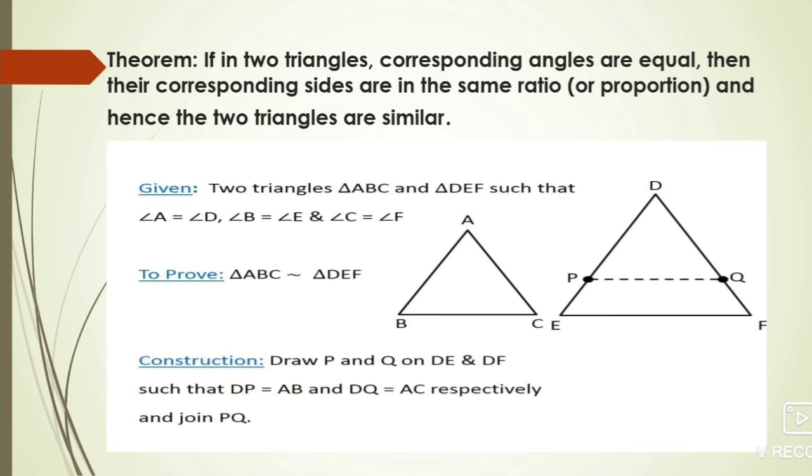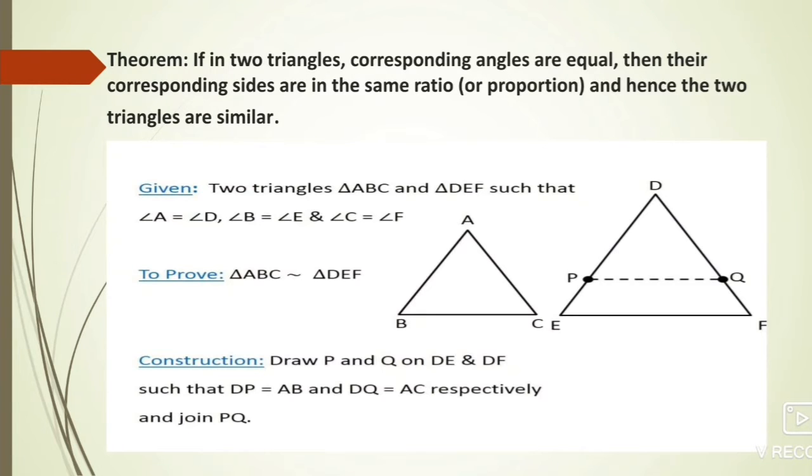So what I have told is that two triangles will be similar if two conditions are satisfied. One condition is that corresponding angles have to be equal. Another condition is that the ratio of corresponding sides have to be equal. Now, in this theorem, one condition is given, that the corresponding angles are equal. You will prove that if the corresponding angles are equal, then the ratio of corresponding sides will also be equal. That means you have to prove that if condition 1 is satisfied, then condition 2 will also be satisfied.